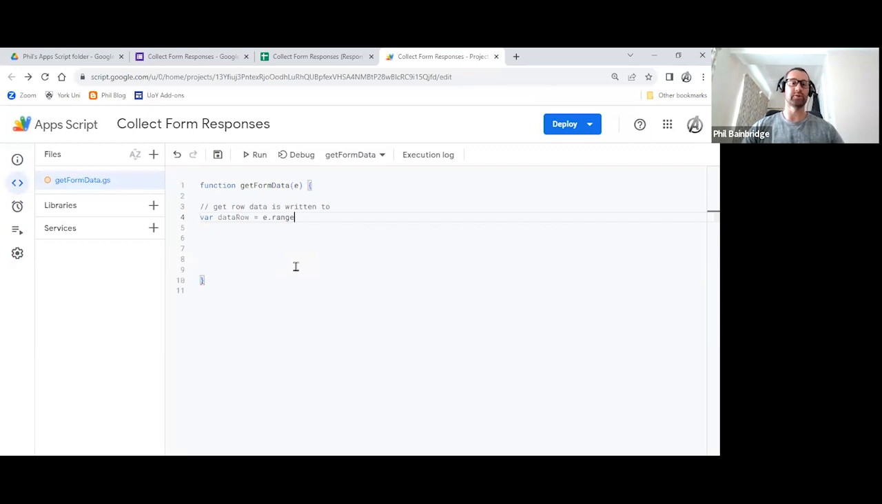So we're going to do e.range.getRow with our open and close brackets. That is going to give us the row number that the data from the form has been submitted to. So on the line below, let's just do a logger.log, because that's how we're going to check that this all